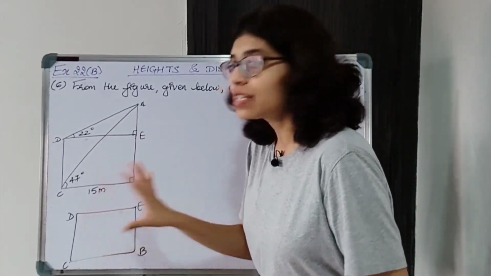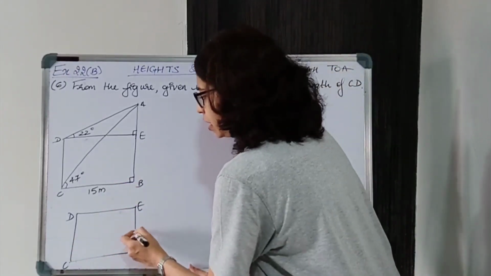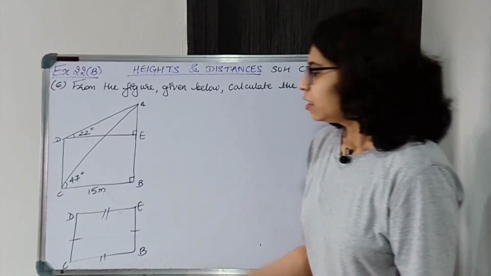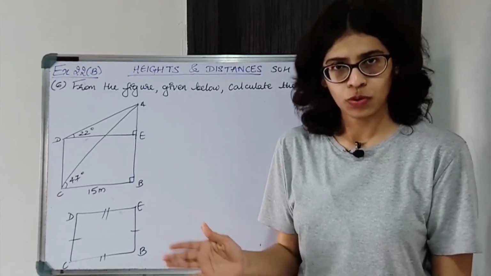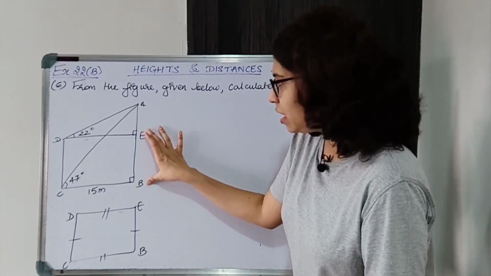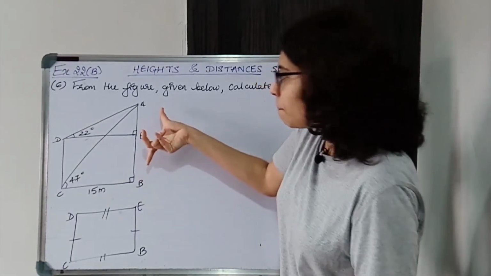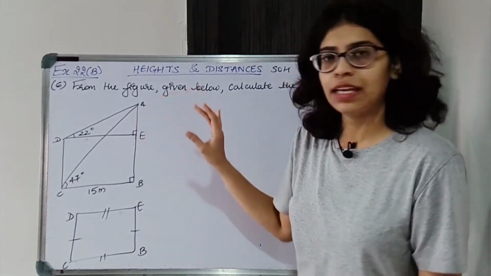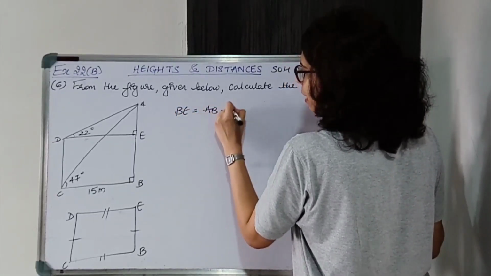So if this is a rectangle, I can say opposite sides are equal. So I can say CD is equal to BE. Also BC is equal to DE. Now CD is equal to BE. Now do we know BE? Do we know the length of BE? No. But can we find the length of BE? Now BE, again it is not a part of any right angle triangle, but BE is a part of AB. AB minus AE gives you BE. BE is AB minus AE.